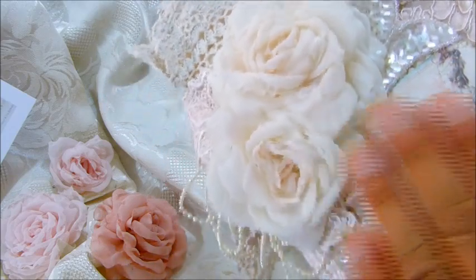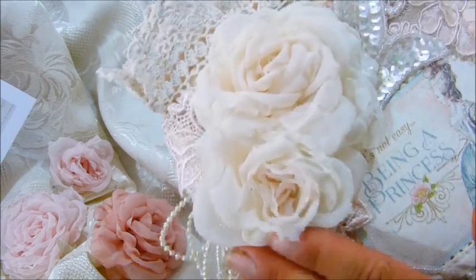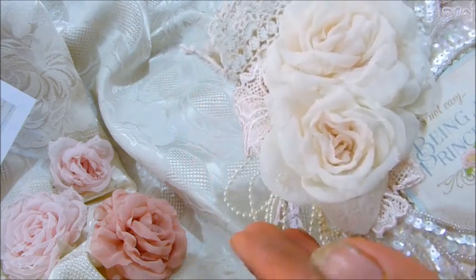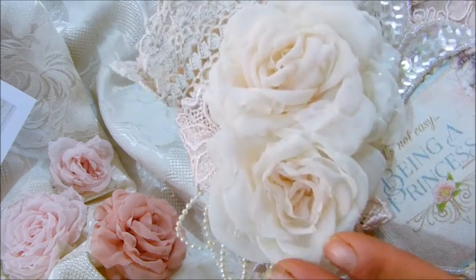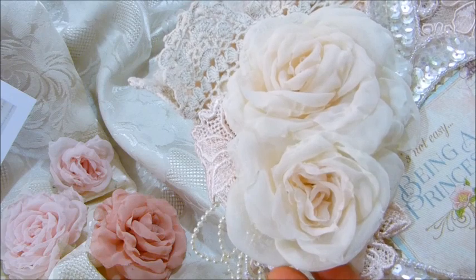These are handmade by myself, and they are not easy to make. So do appreciate the time and effort that crafters put into their projects, guys. People might list handmade things for sale, and you go, oh, that's so expensive. You try and make it yourself first before you say that's so expensive, because it is not easy to make. It might seem expensive, but with crafters, when you make something, the time and effort that